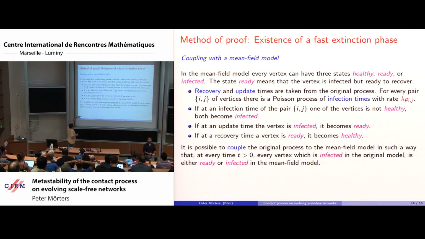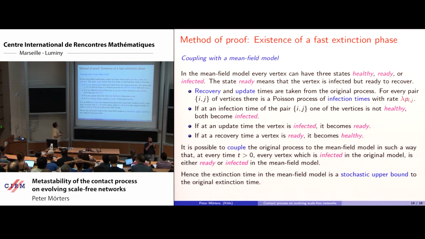So this process here has no graph information, and it can be coupled to the original process in such a way that every vertex which is infected in the original model is now either ready or infected in the mean field model. And all we have to do for an upper bound is to study the mean field model, and studying a mean field model is something we can do. And my favorite technique is